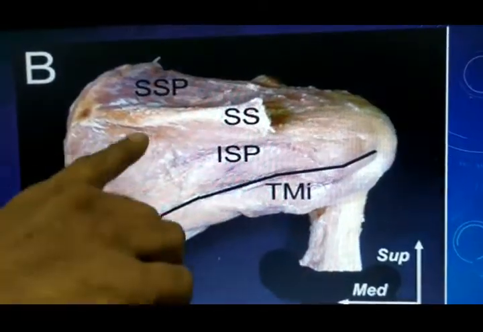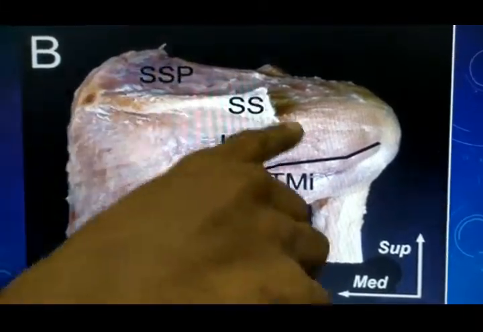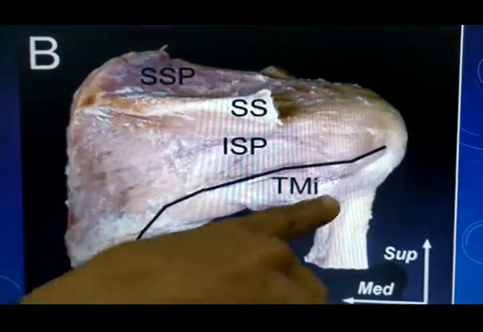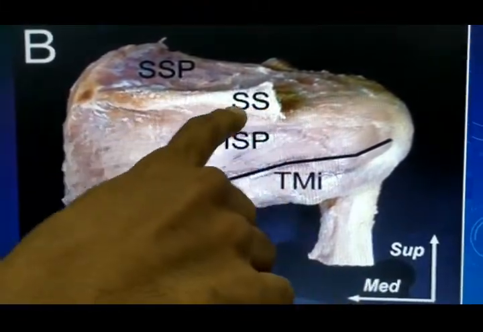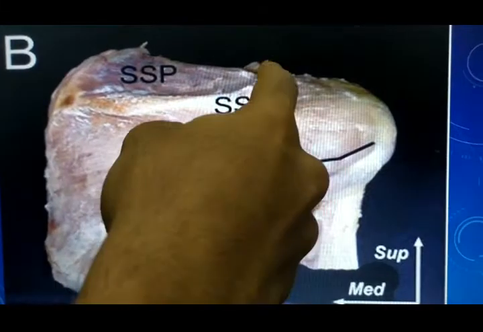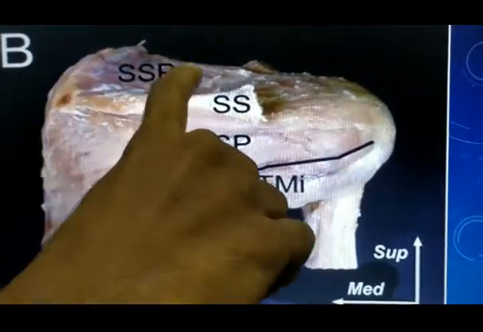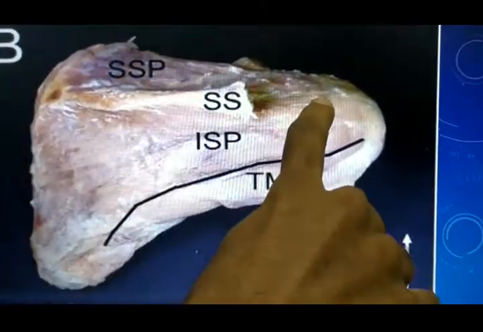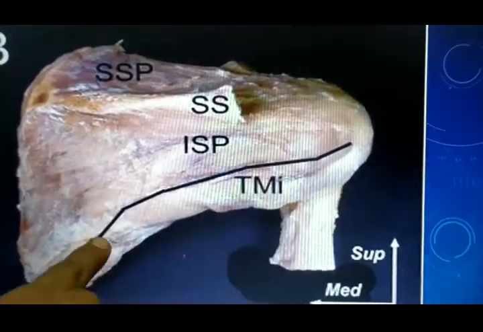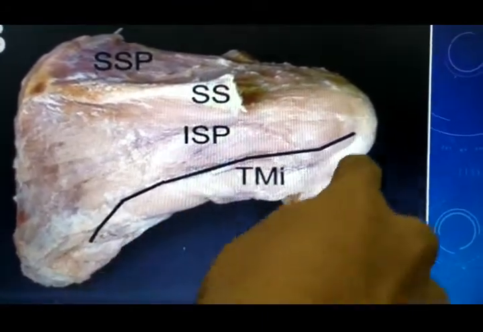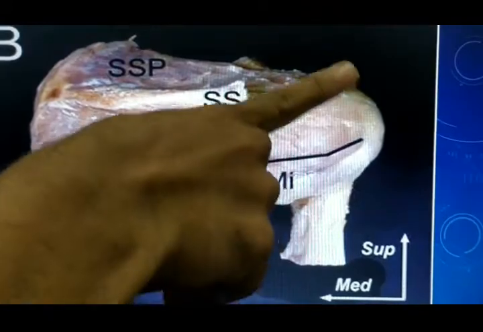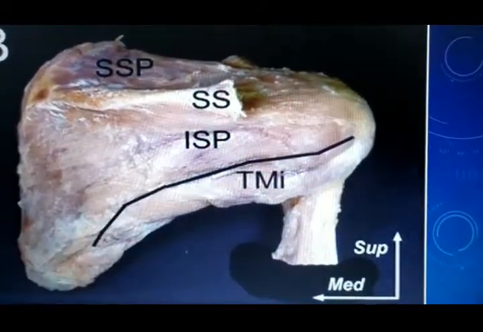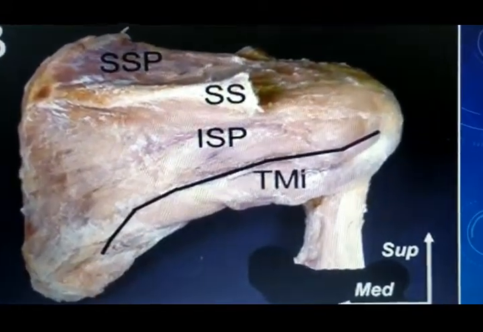So then here also we can see this is also a dissected part of the scapula and the shoulder joint. You can see the spine of scapula, SS, is made cut so that from the supraspinous fossa, supraspinatus muscle comes, infraspinatus, then the teres minor, and anteriorly will be the subscapularis coming, and these four muscles form a flattened sheath, that is the rotator cuff, which stabilizes our shoulder joint.